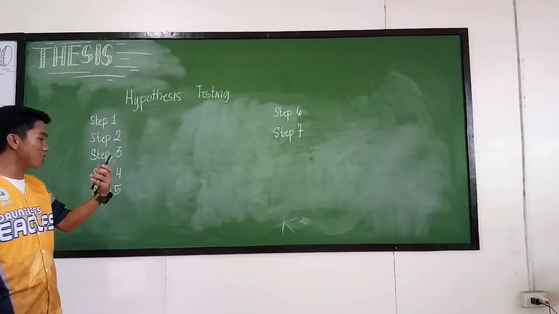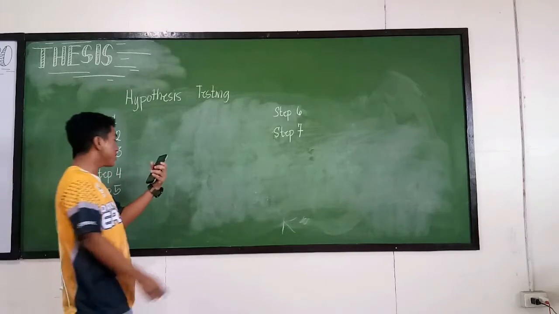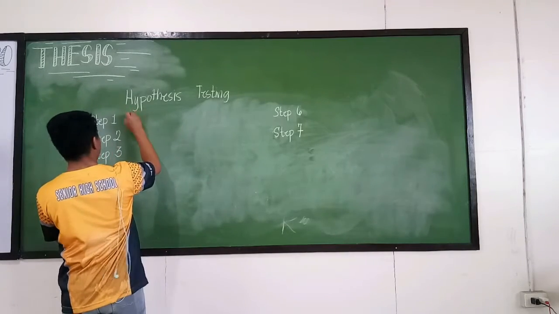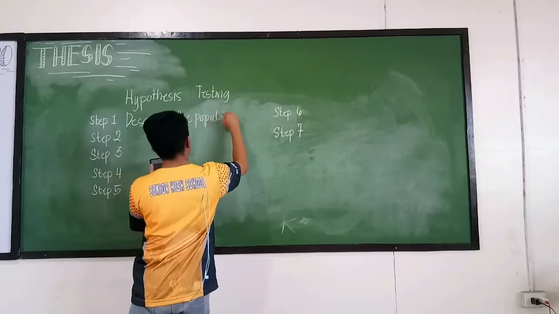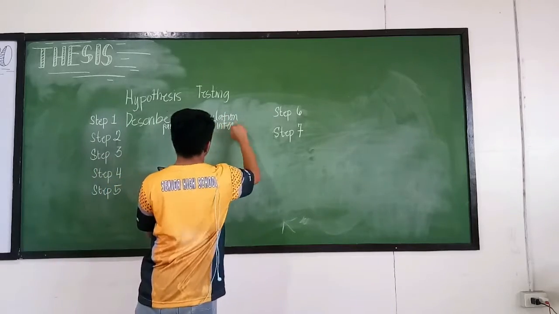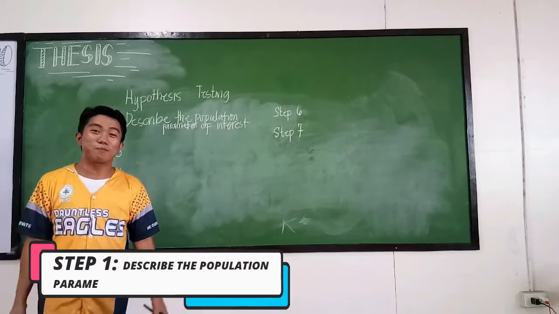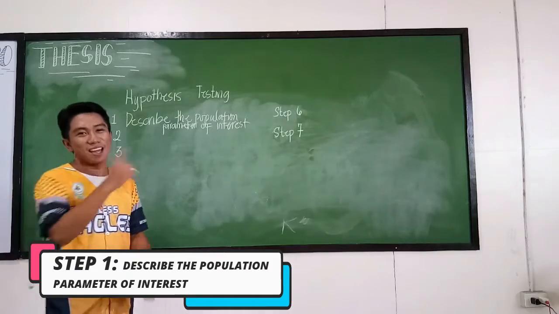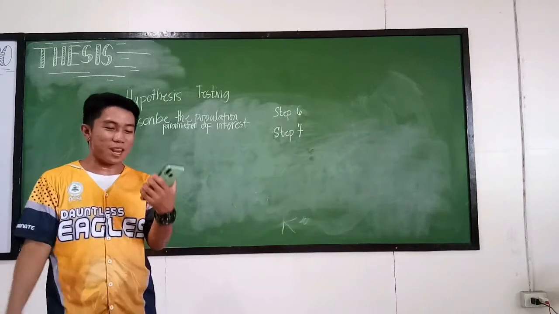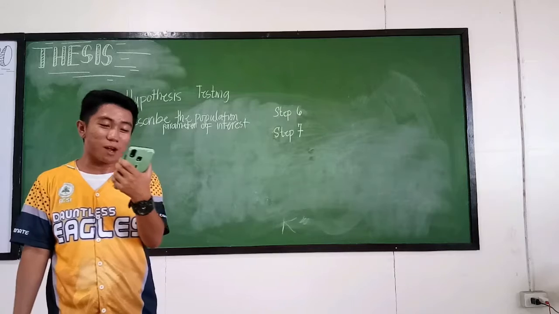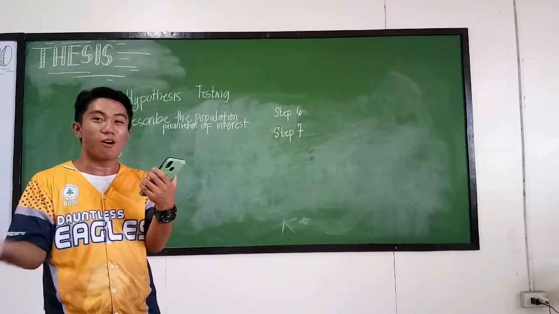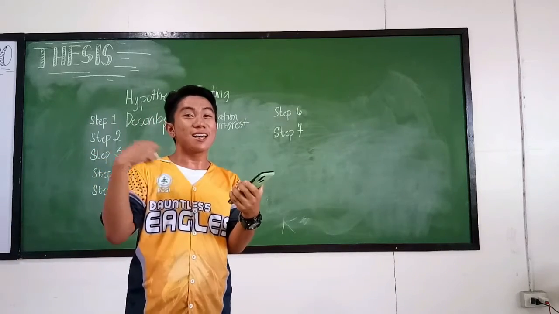Right now, I'm going to teach you the first step. The first step is to describe the population parameter of interest. In this step, we're going to determine if the population parameter of interest is the mean or the